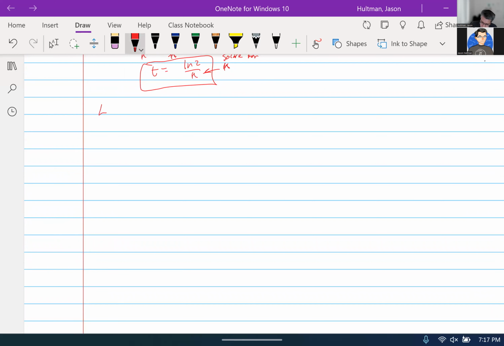Okay, let's move on to the logistic population model. So the logistic population model. The logistic curve is an interesting curve. It looks like this. It starts out exponential, and then halfway up, it bends and it hits a limit. This limit is called the carrying capacity